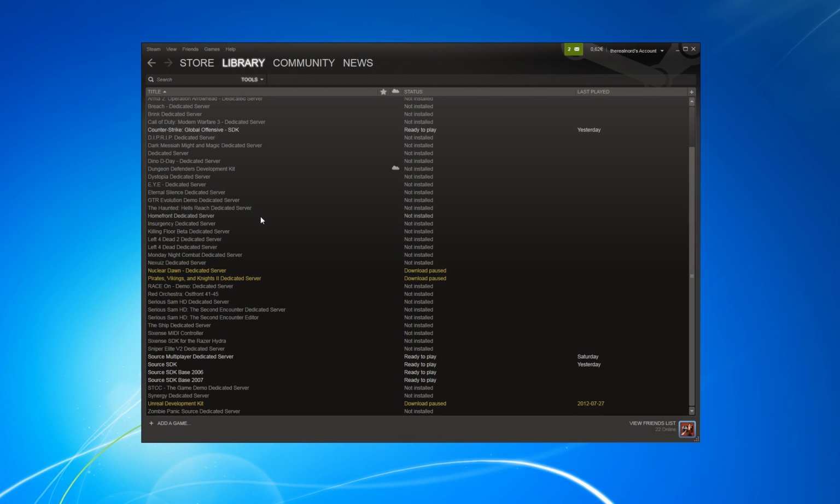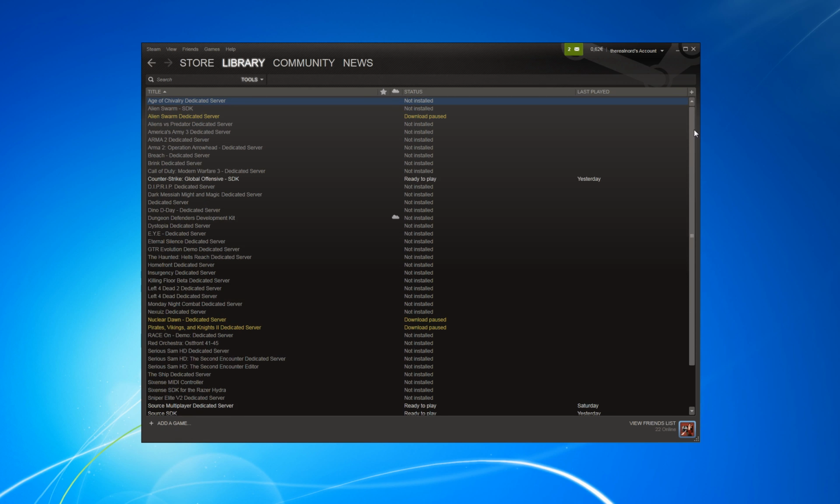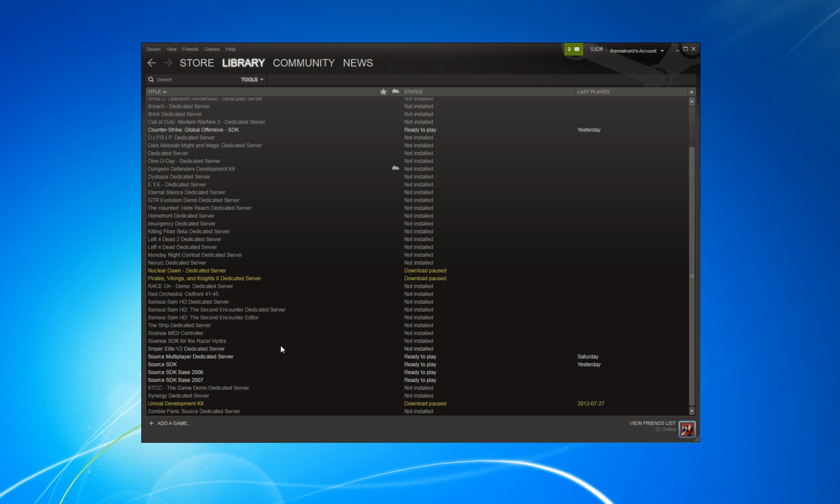Many of these are actually server software you can run. I have some, like Global Offensive SDK, Alien Swarm Dedicated. I don't know why I haven't used that. But yeah, what you're looking for is actually called Source SDK, and that is what you're going to use to